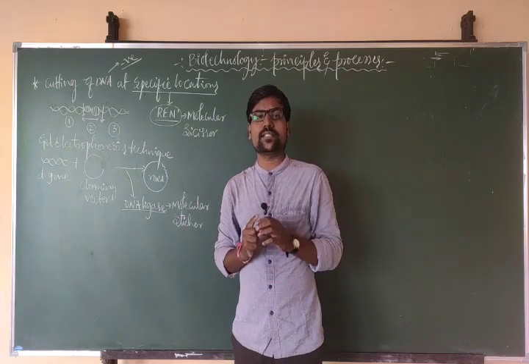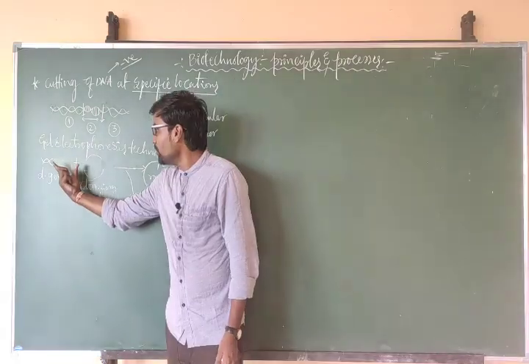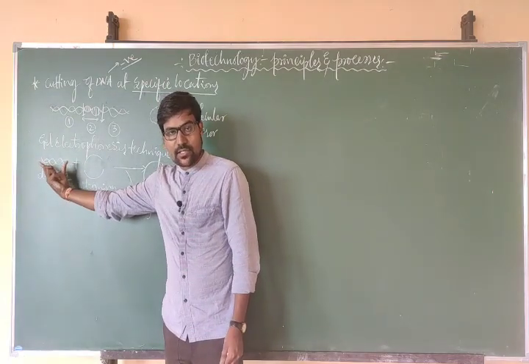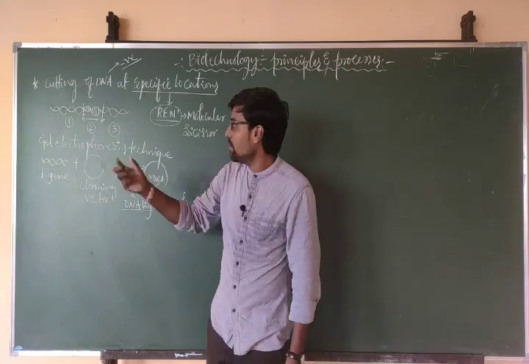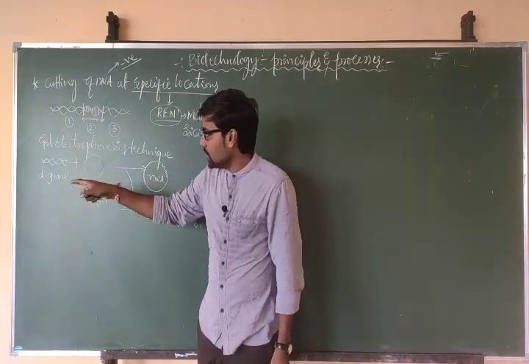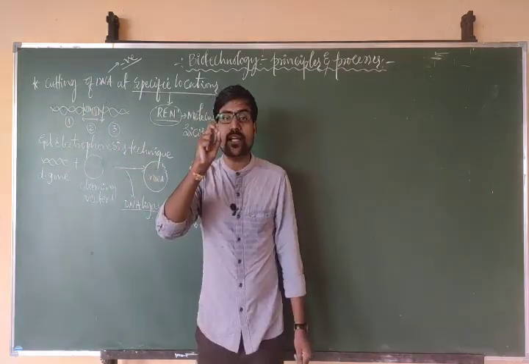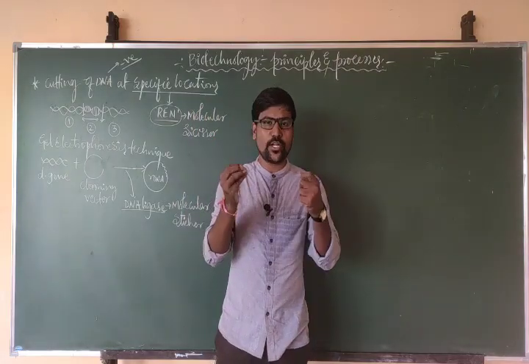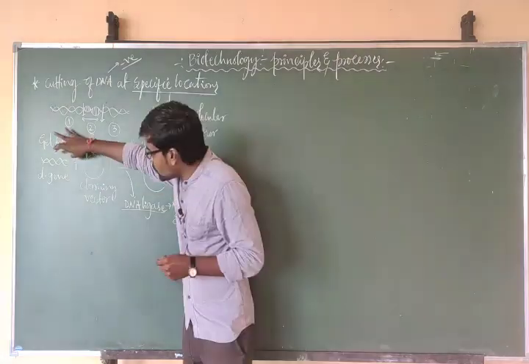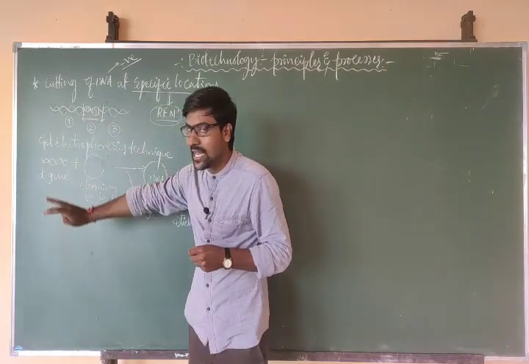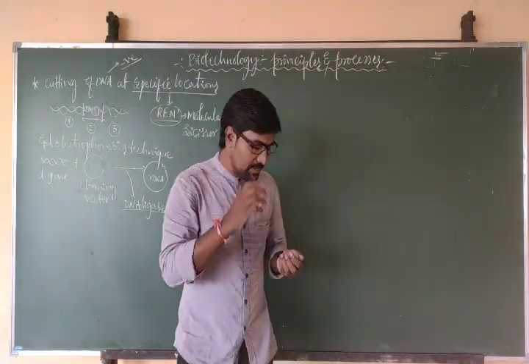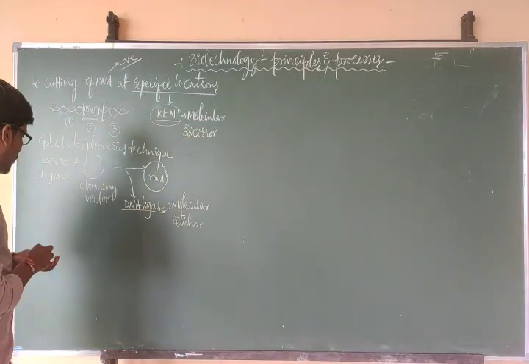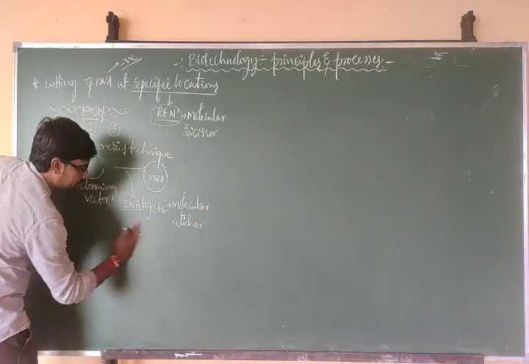But here one problem is there. Just as I told you, first we have isolated the DNA, we have cut the DNA, we have separated our desired gene. That desired gene quantity will usually be less. Now we have to improve the quantity of the desired gene. That means we need to multiply the desired gene. To multiply that one, we will go for the next step.